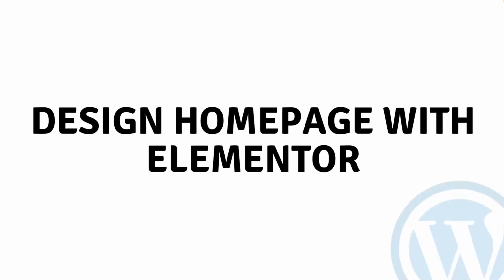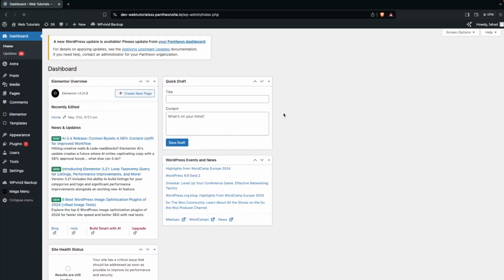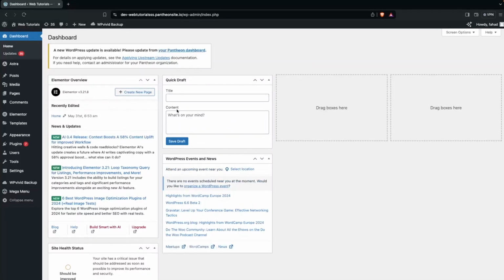Hi everybody, today I'll show you how to design a homepage with Elementor. So let's begin. To design the homepage with Elementor, the first thing that you need to do is